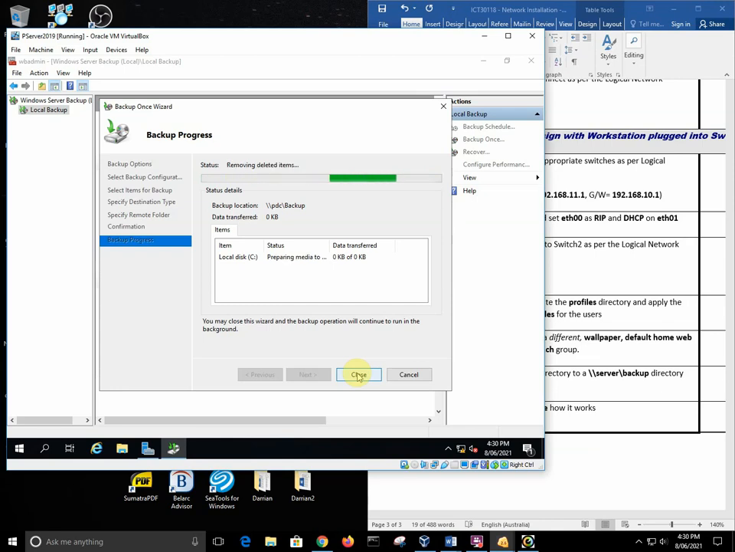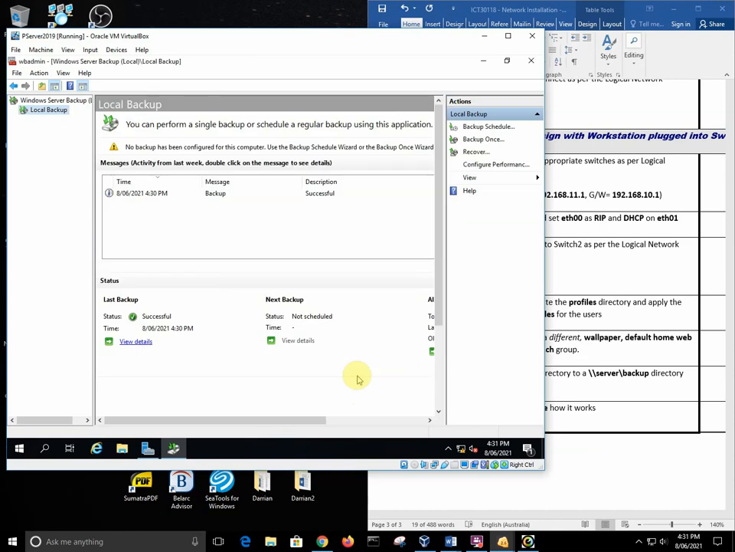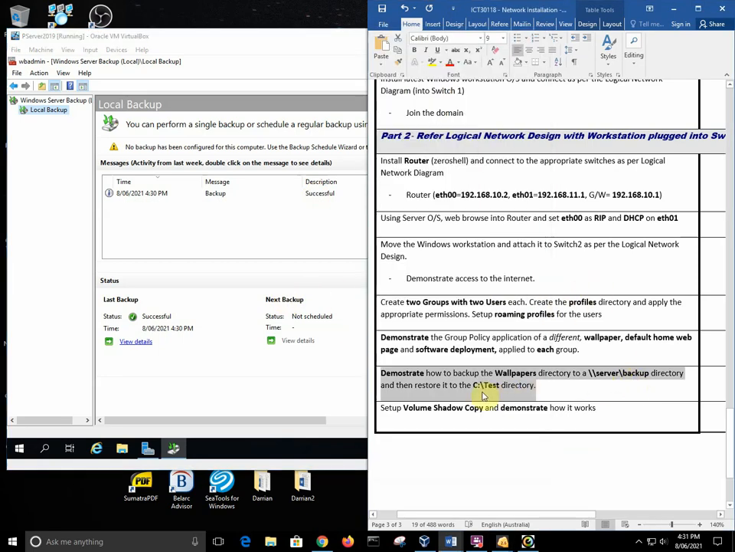Oh, it's preparing. Okay. Found files. 41 files, 7 megabytes. It's backed it up and completed it. Okay, so I can hit close, and we'll see here there's a time, the backup, it's been successful, that sort of thing. And so part of what we need to do now is restore this to